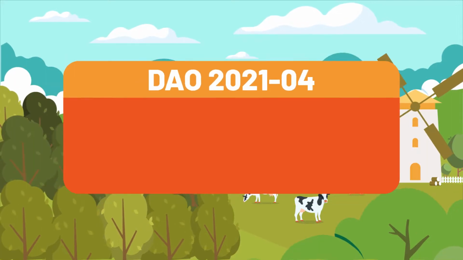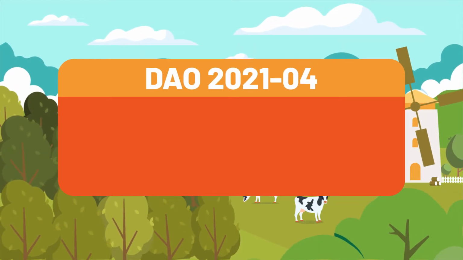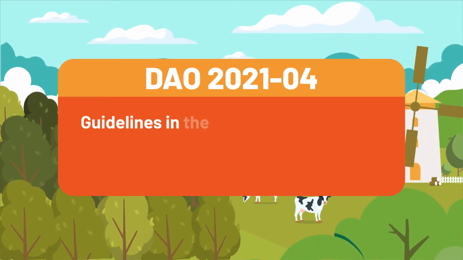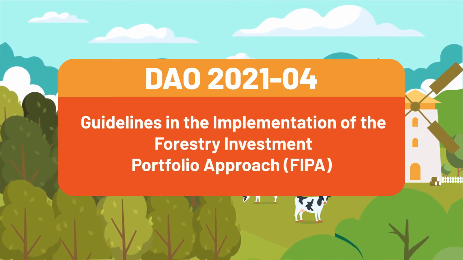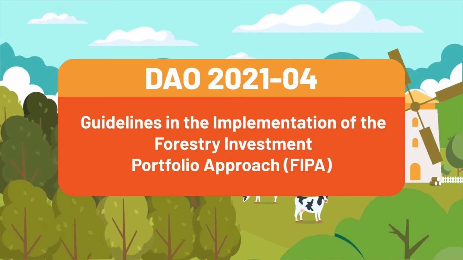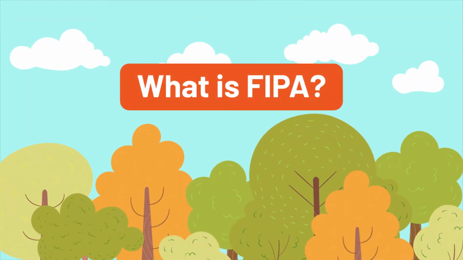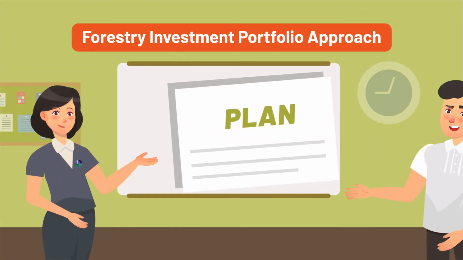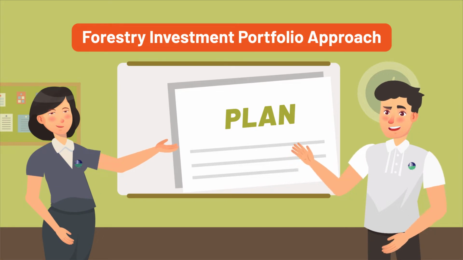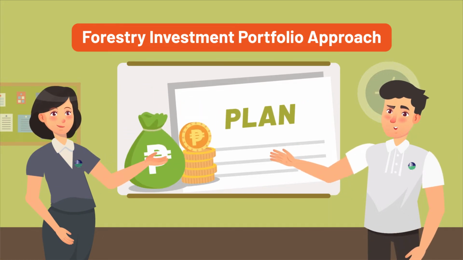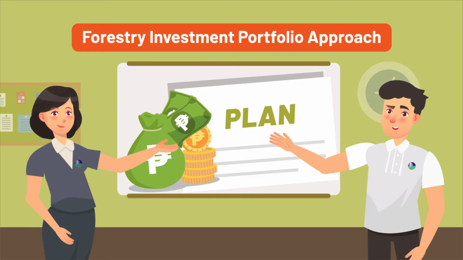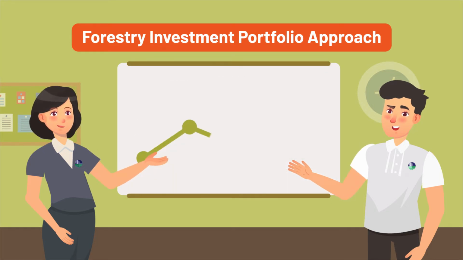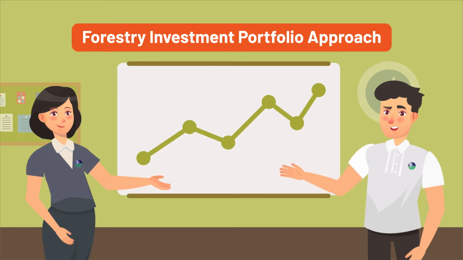Let us talk about DENR Administrative Order 2021-04, or the Guidelines in the Implementation of the Forestry Investment Portfolio Approach, or FIPA. What is FIPA? Forestry Investment Portfolio Approach, or FIPA, is a strategy in the development of investment portfolio packages or plans on potential forestry business in order to facilitate and encourage development capital in forestry in the form of investment